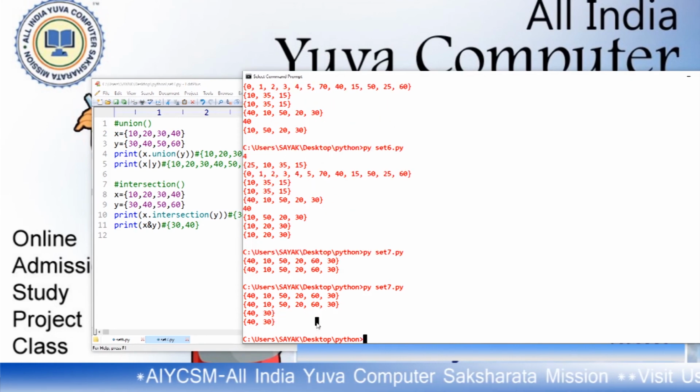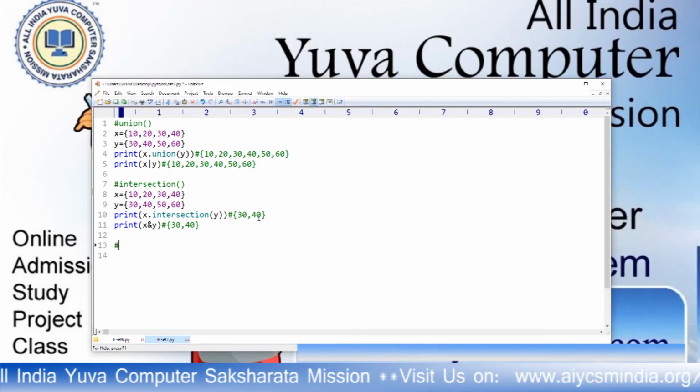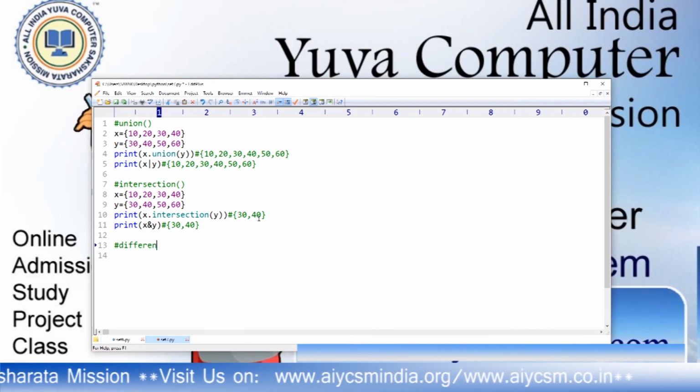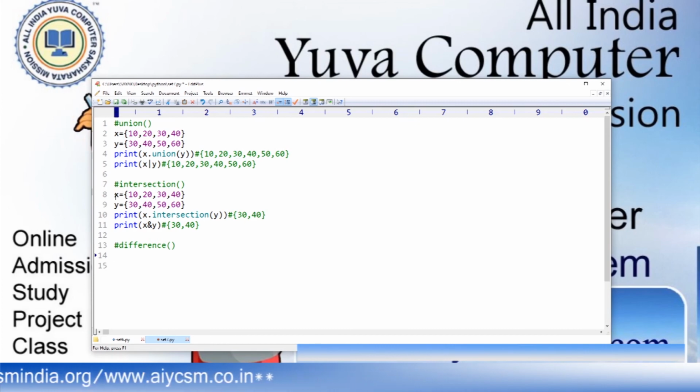Now the difference. Okay, what will be the output? I use this one, that is it.